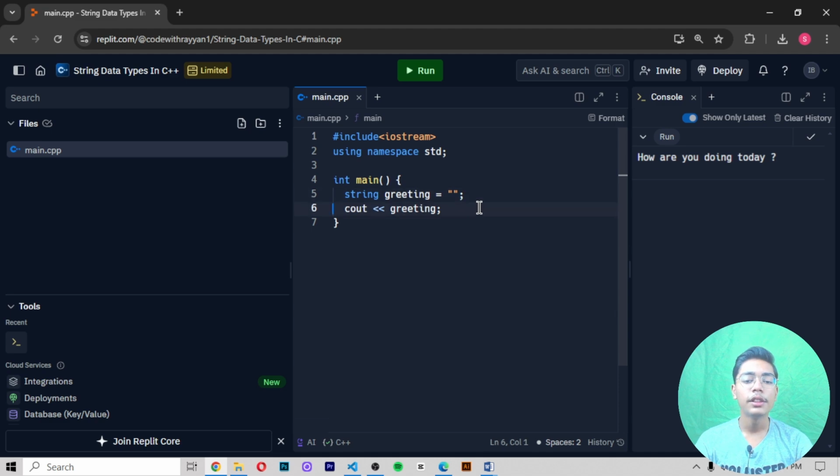So if you have understood this video of string values, how we can work with strings and how we can start with strings, and how we can get the output by writing any value in the string data type,